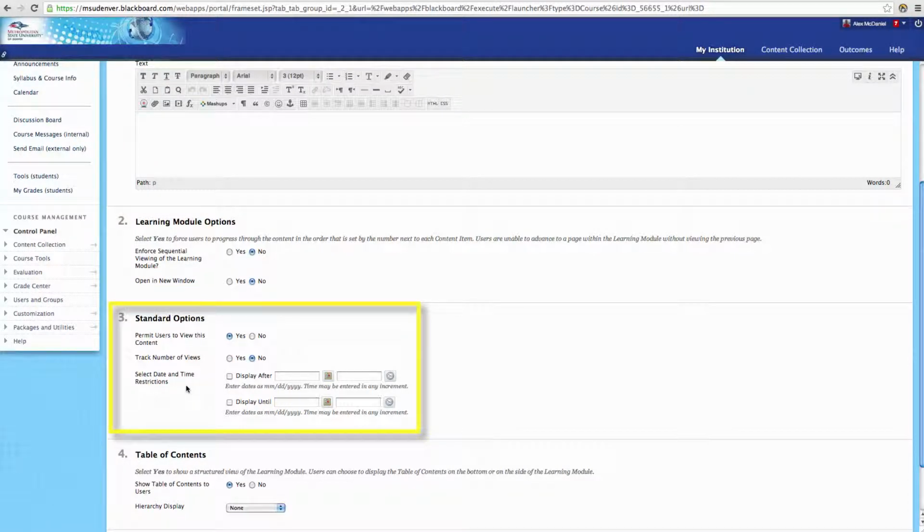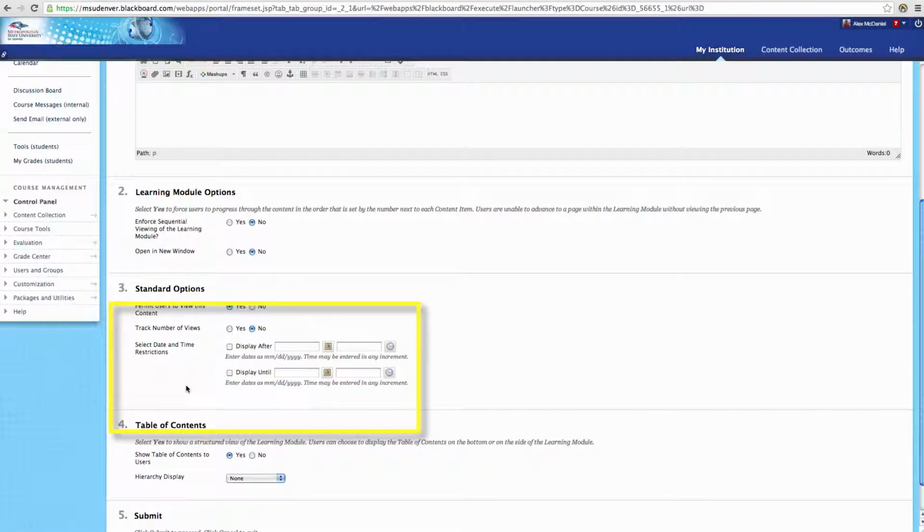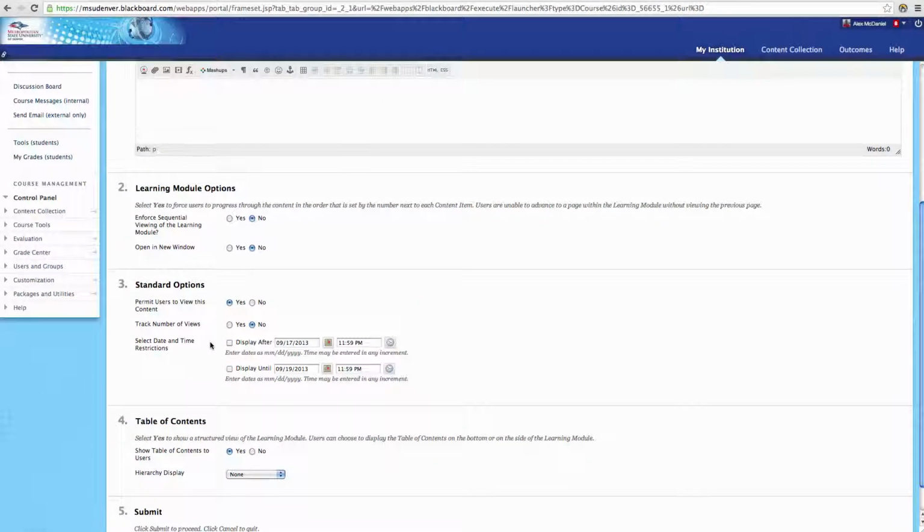Next, you can do some date and time restrictions. So what this does is makes it visible or invisible to the student automatically, based on a predetermined time. So if you say display after next Monday or something like that, these values are what's going to determine that. And then if you want it to automatically turn off at some point, this is where we can configure that as well. So remember, once you've entered these dates, you do need a check mark here, and that will make it visible or invisible to the student based on those dates.